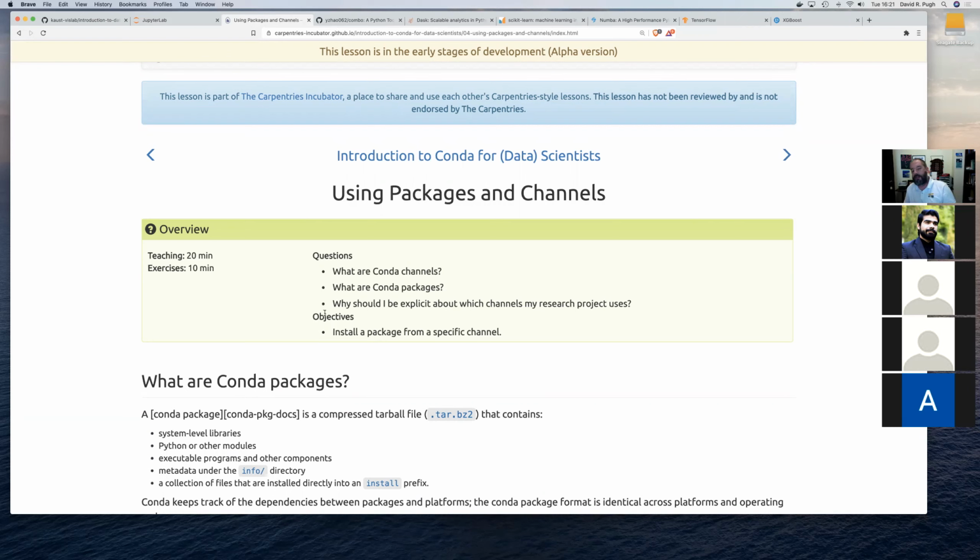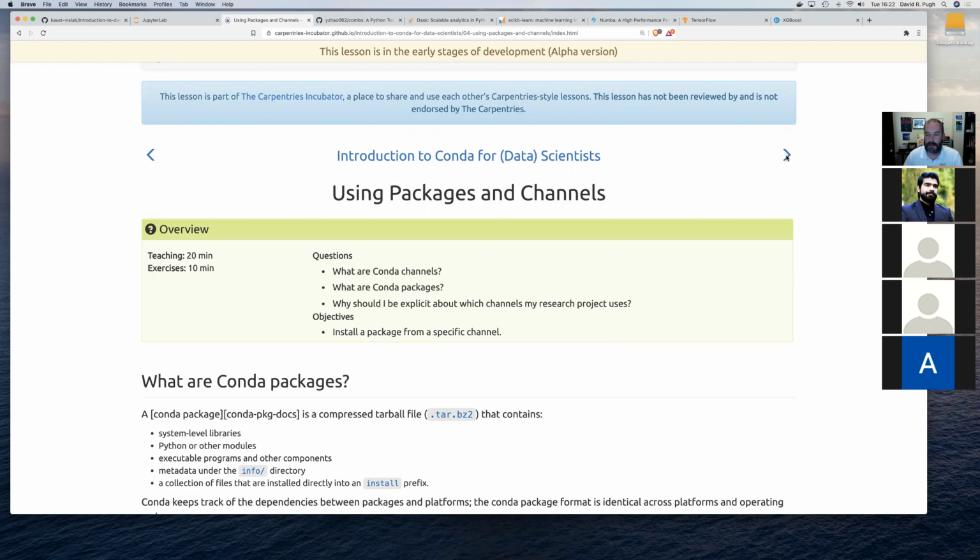And then Conda channels: if you have been wondering where Conda finds packages to download from the web, the answer is that it has particular channels, which are basically URLs that it looks at to download those packages. There are more details about that in here. But instead,